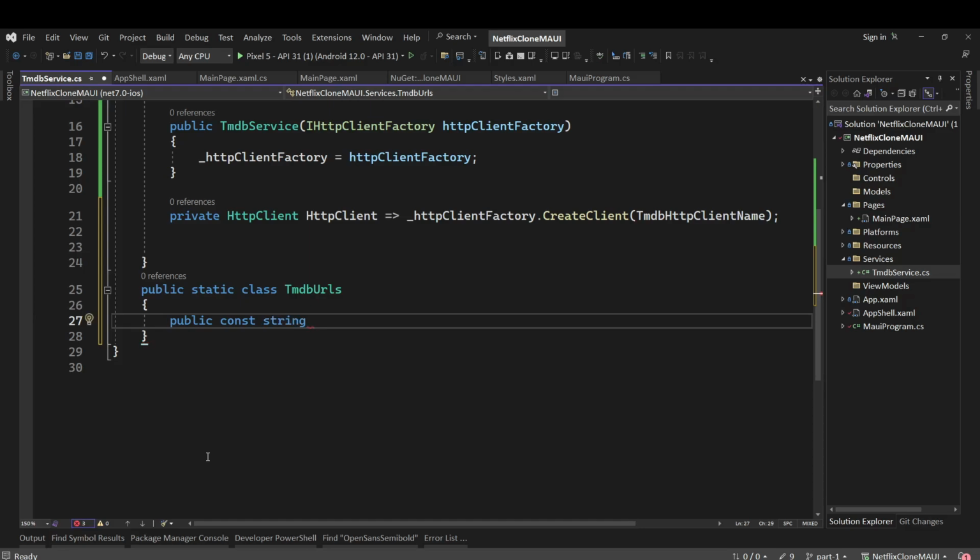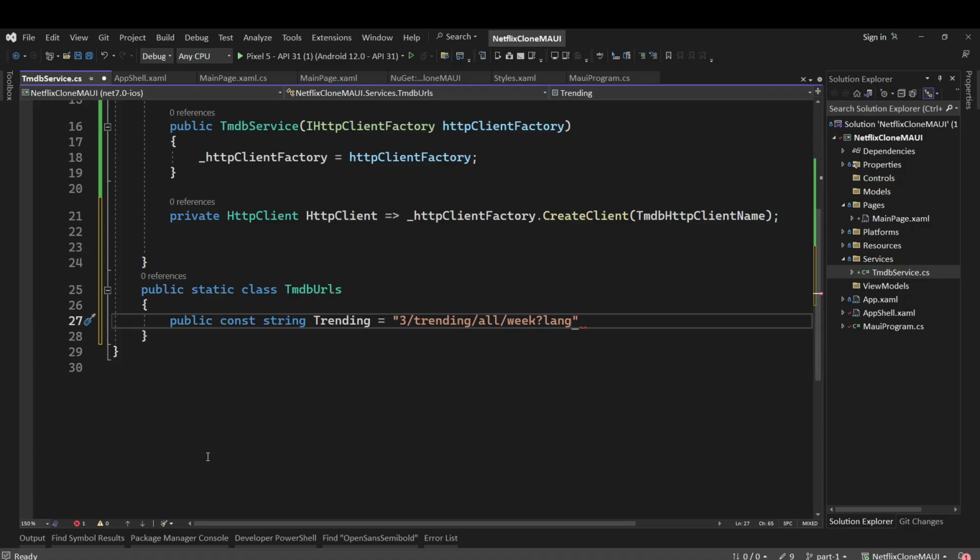So public const string, let's have trending. The base URL we already set, and after base we will use 3 trending /all /this week. So we are going to use these, and we will get all the trending movies and TV series